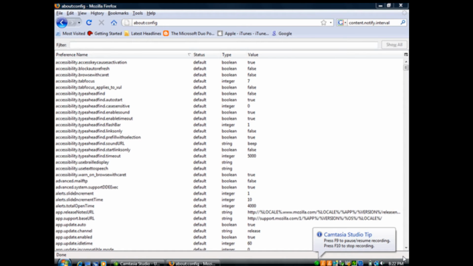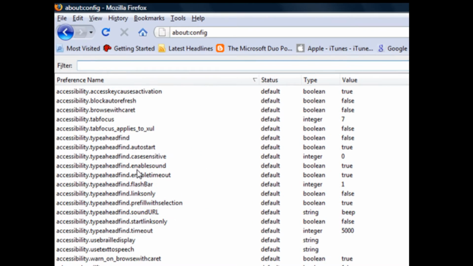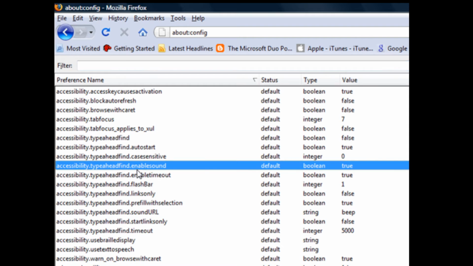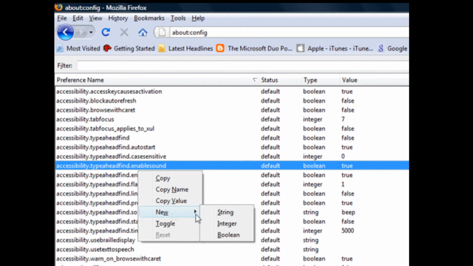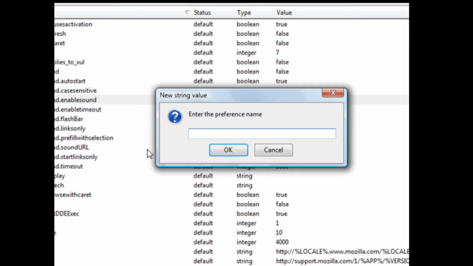Alright, so, this one, we don't actually have to type in anything. All we have to do is, anywhere, this can be anywhere, the bottom, the middle, the top, wherever you are, you right-click. We're going to do a new string. Alright, now you're going to enter the preference name. Preference name is going to be